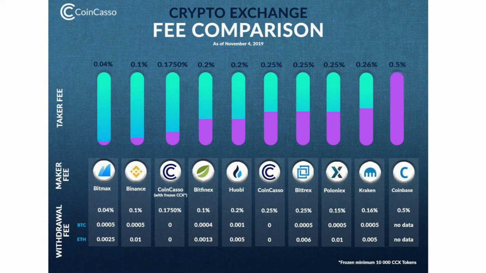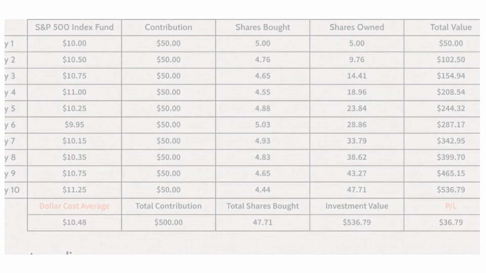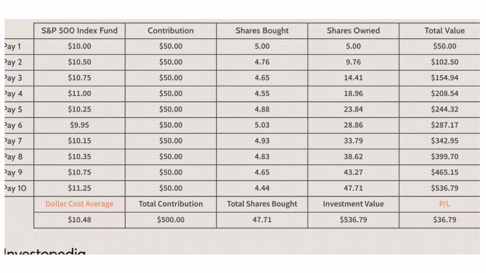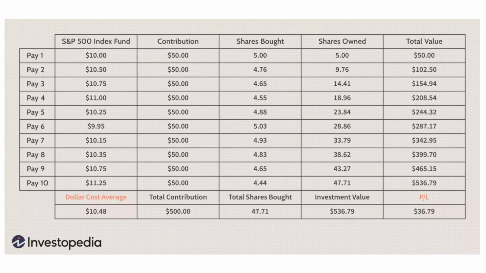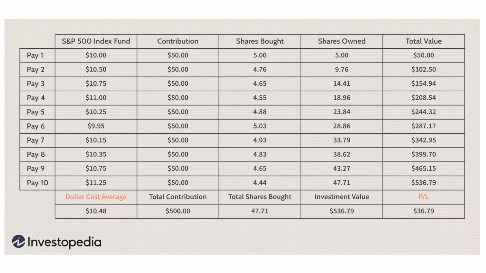Let me give you an example of DCA with the S&P 500 and then I will show you how the same can be applied to the Bitcoin market. Investing $500 per month in an index fund that tracks the performance of a broad market index such as the S&P 500, in some months the index will be priced high, meaning fewer shares will be purchased for the $500 investment. In other months when the index is low, $500 would purchase a greater number of shares. Now let's see how the same concept can be applied for Bitcoin.